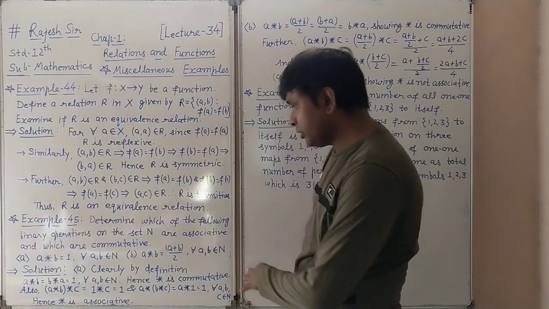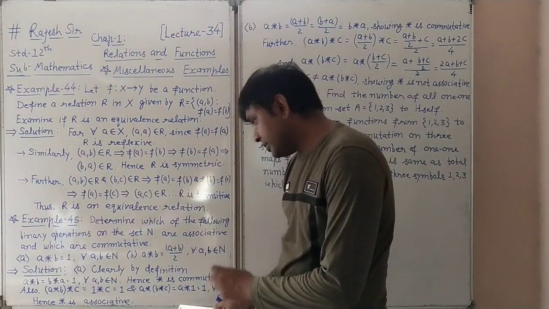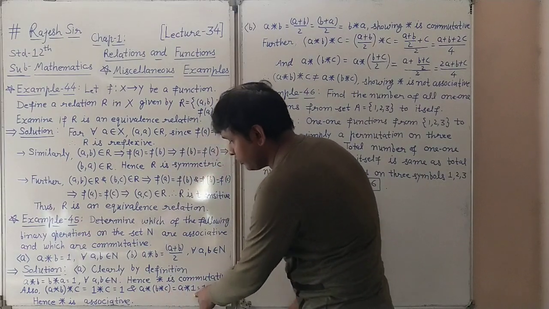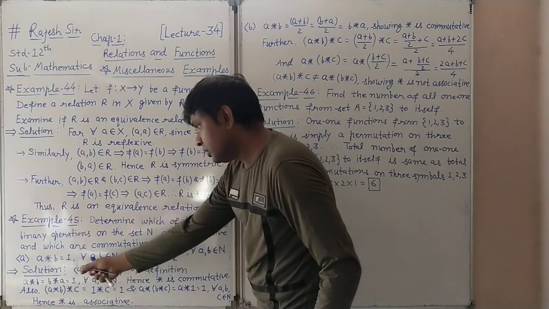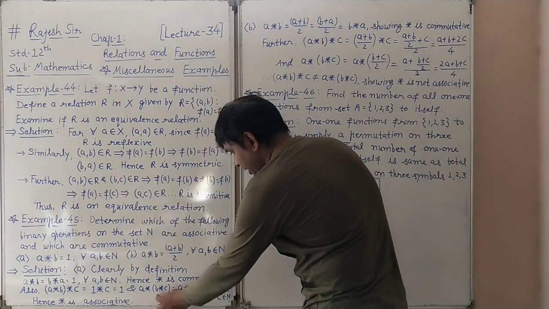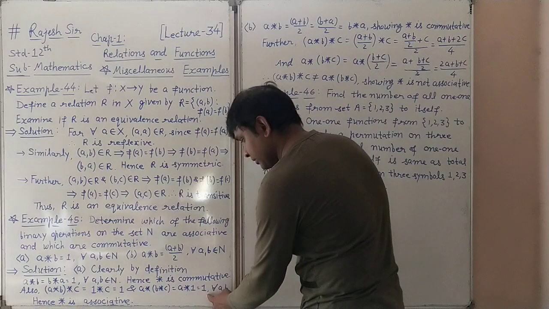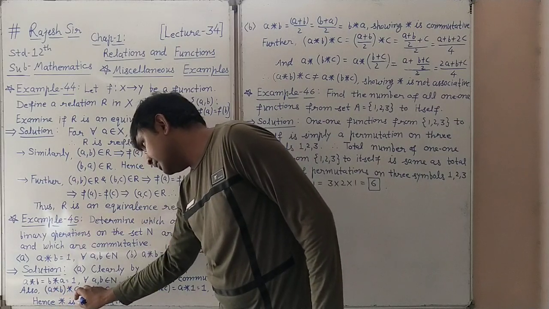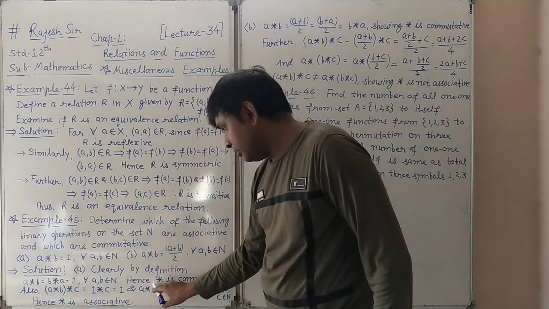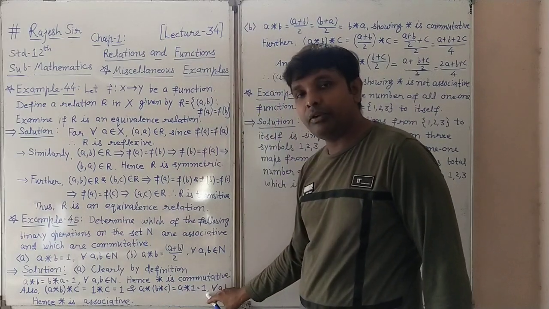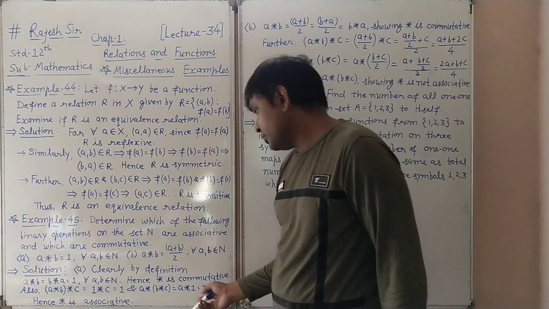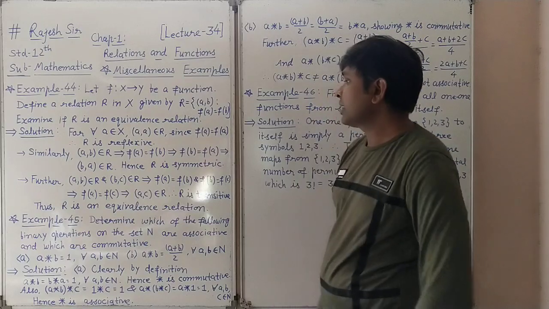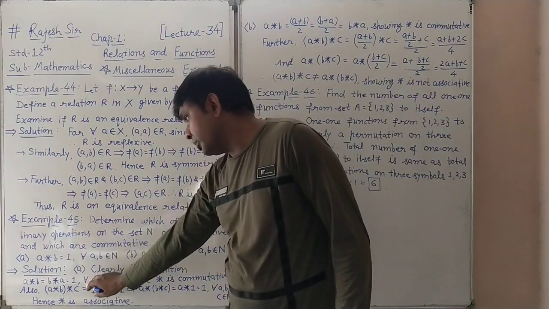And now we change the grouping: a * (b * c), with the bracket around b * c. This will also be 1, because for any b, c belonging to N, b * c will be 1. So for b * c it is 1, then a * 1 is 1. So you can see (a * b) * c is giving 1, and a * (b * c) is also giving 1. So both the answers are equal. It shows that the operation is associative also. For (a), we can say that it is commutative as well as associative.